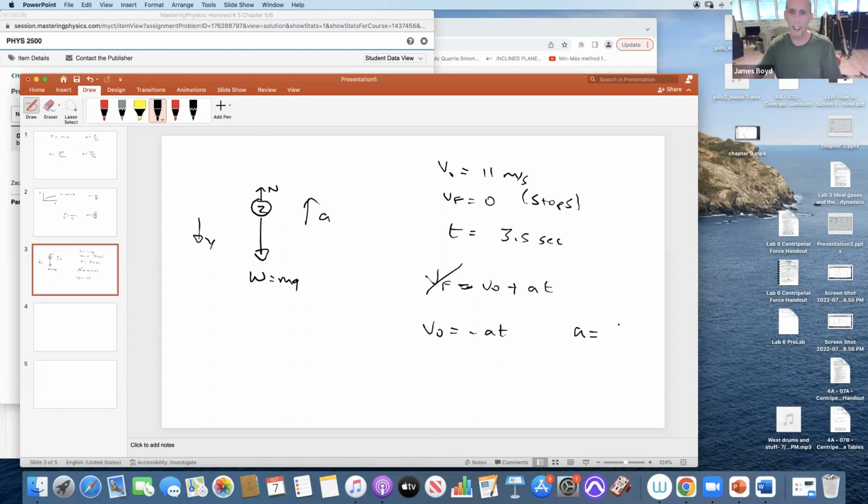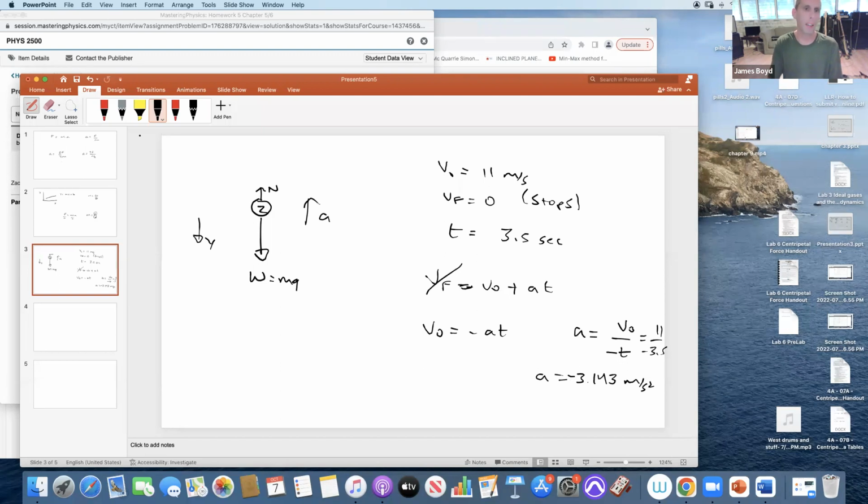And a is v initial over minus t, which is 11 over minus 3.5. And it's totally okay for our acceleration to be negative. Time can't be, but acceleration can be. So 3.143 with a negative sign is our acceleration